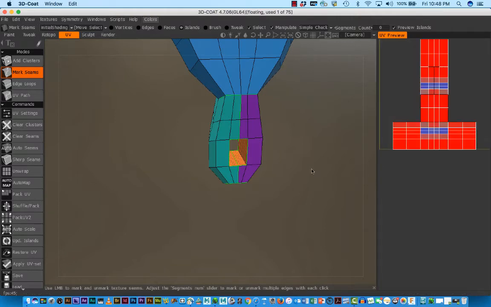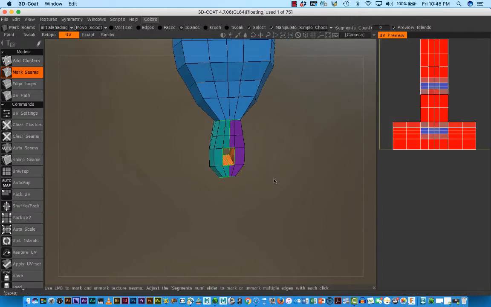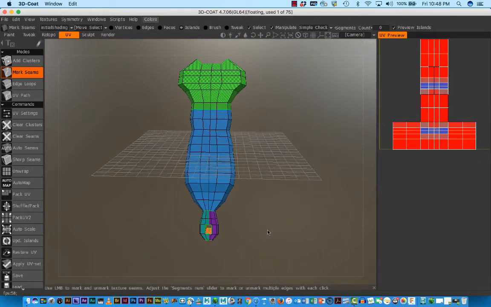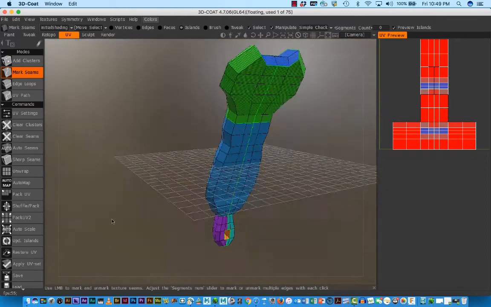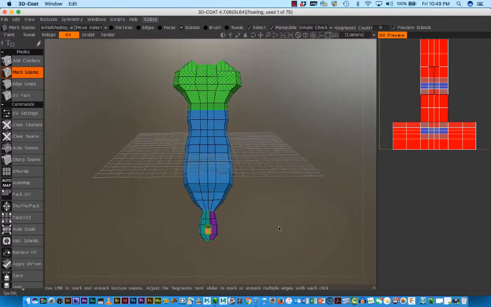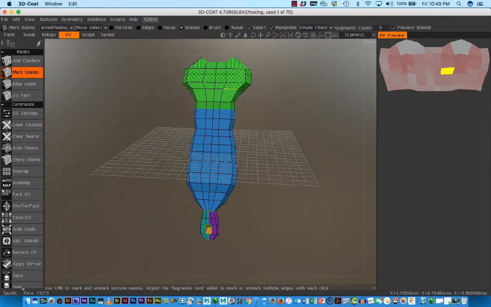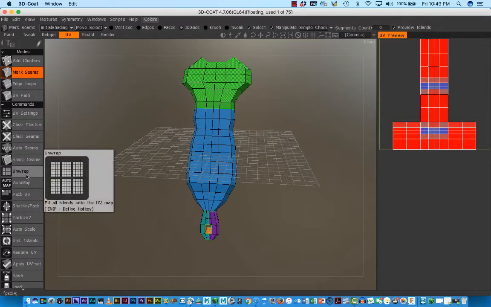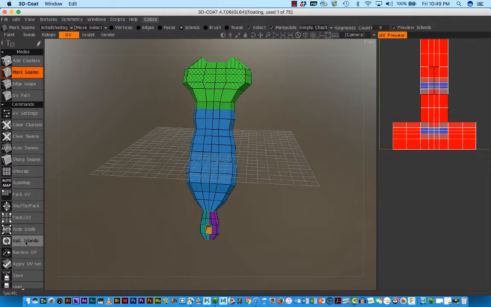Okay, so now I've got all my areas, if you will, cut by virtue of creating seams, and you can see the light lines. But you notice this checker that the software, 3DCoat, makes by default, it's still very distorted. It's all bunched up here, and there's none down here. So what I'm going to do next is, what am I going to do next? I'm going to say